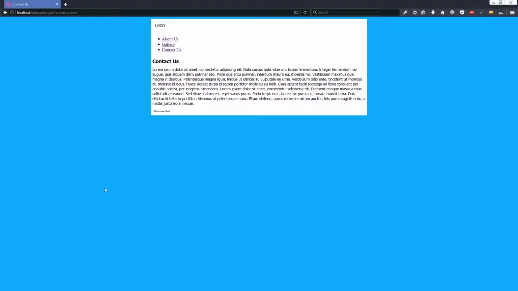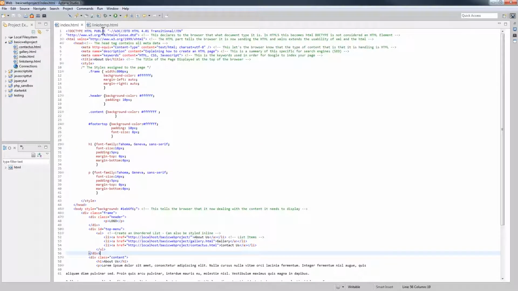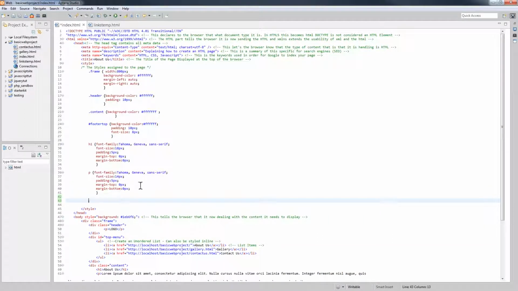Now the next bit is really not all that hard, and as you guys could have probably guessed, the only reason that menu looks like that is because we've not applied any styling to it yet. And let's do that. As with any other HTML and CSS, you are going to style it exactly the same way. What I have done, for the sake of time and not to type everything out, as this is quite a bit, is prepare